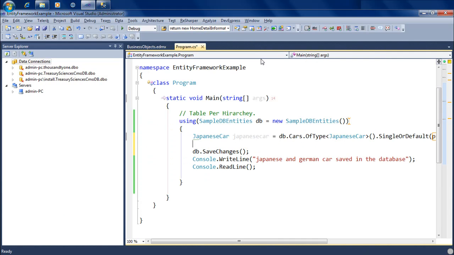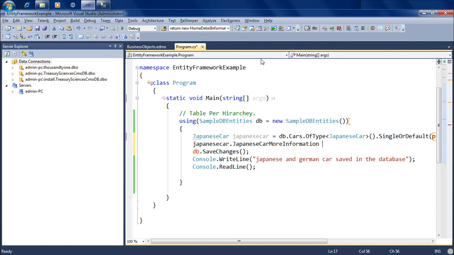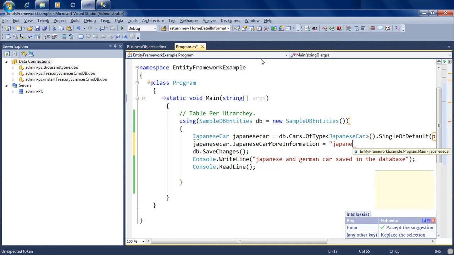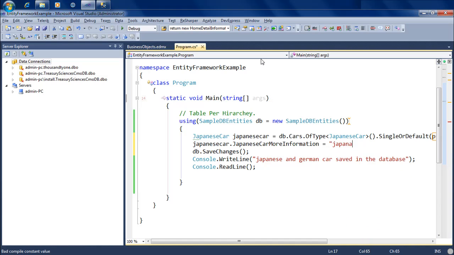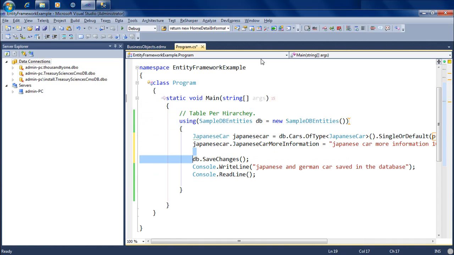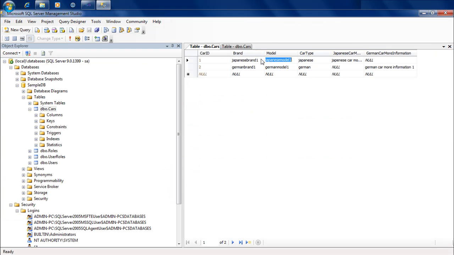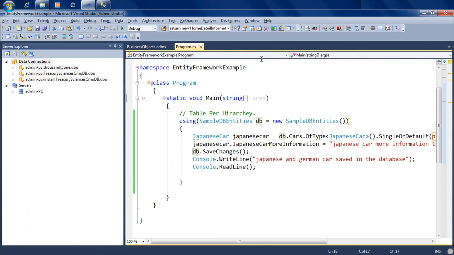So now we are able to get the Japanese car, and we are able to change its more information to Japanese car more information 10, and we're just saving these changes to the database. So this Japanese car more information 1, we're changing it to Japanese car more information 10.